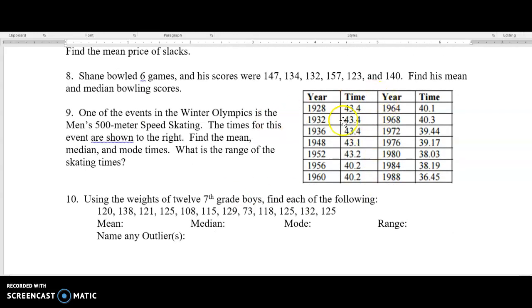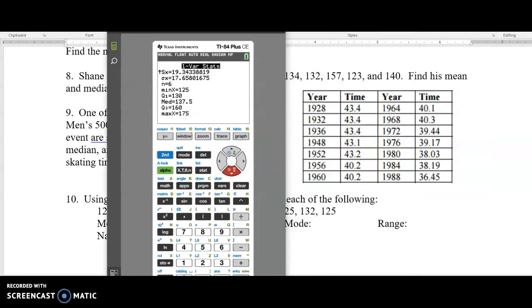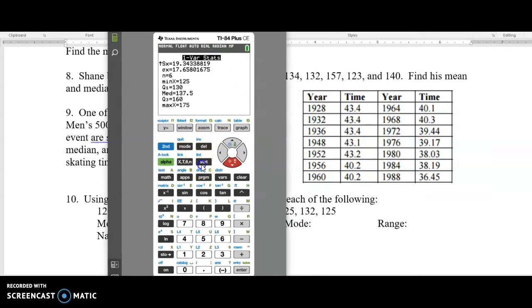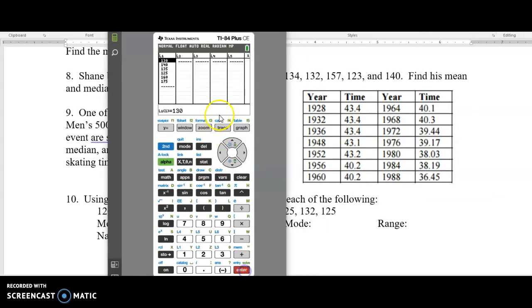Then I thought this table was a little unusual for number 9. So I want to show you that one. So let's do that one in the calculator. All right, Stat, Edit, and we're going to clear out what's there. Now, this is wanting you to find out the information based on the times. So notice this is in years and the time. We're going to look at all of the times, and we're putting all of the times